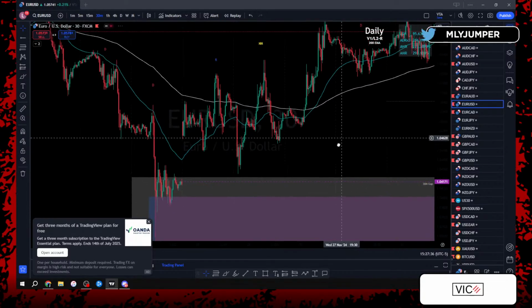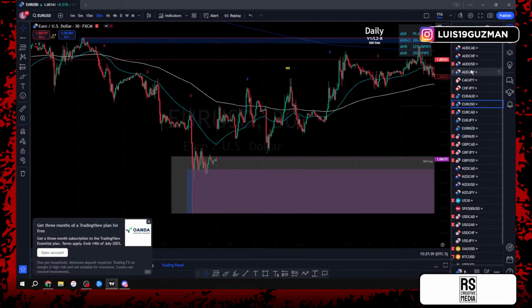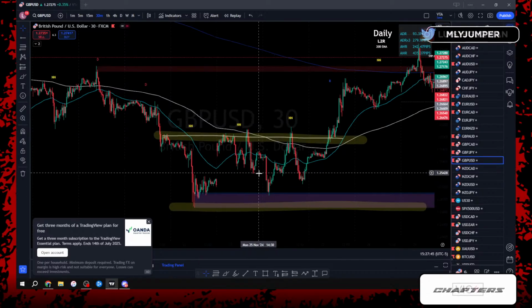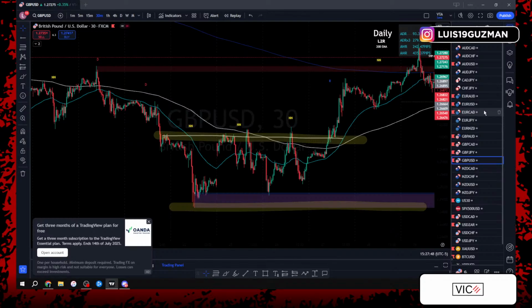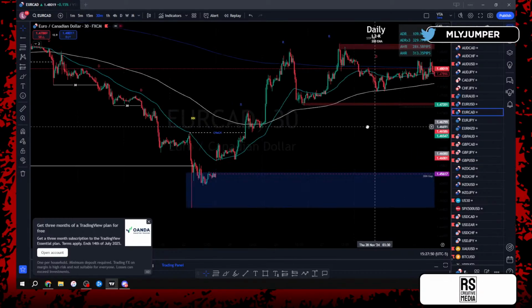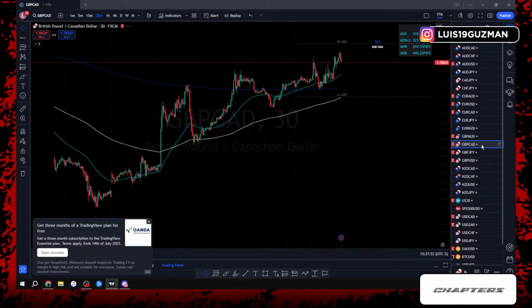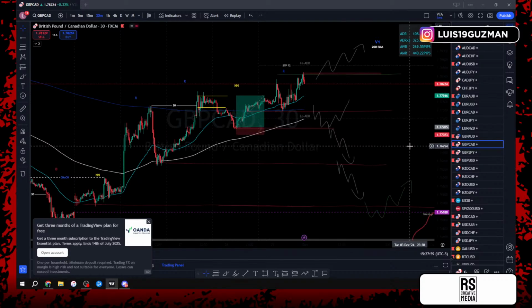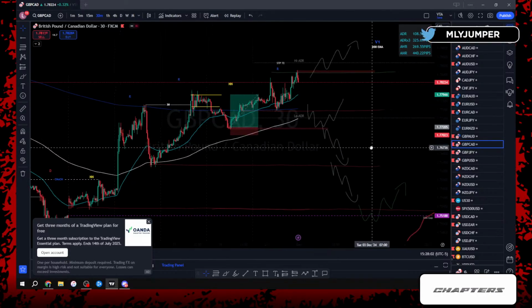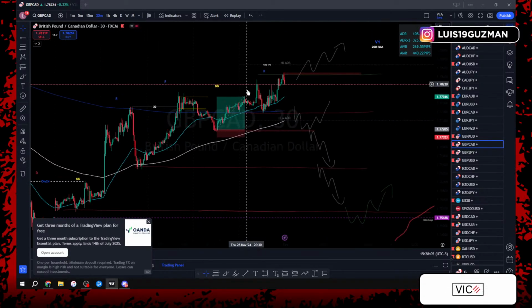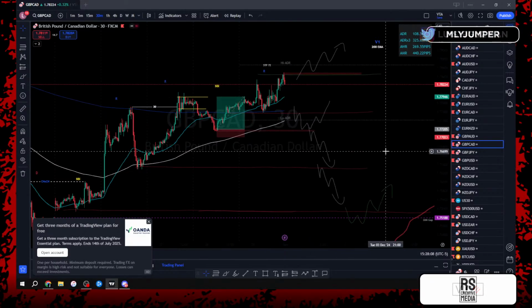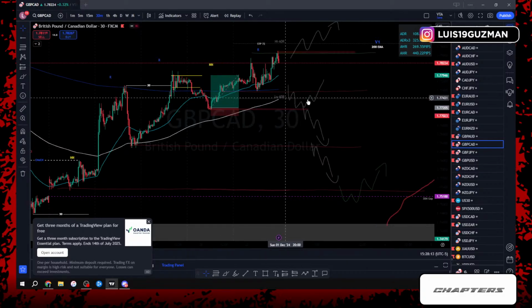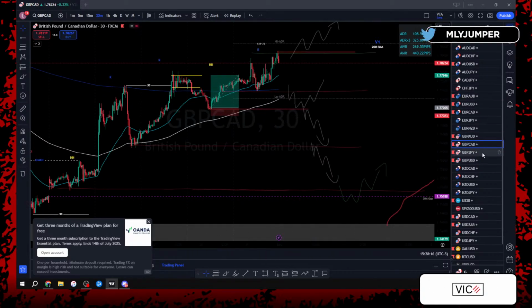Right, when EU came down, or it wasn't EU, but you can see that it was GU that filled. All it did for GU was fill the gap and then continue. So could we be expecting that same thing to happen on, I don't even remember what pair we were on, I lost myself, on GCAD? Could happen. So we'll keep these markings up on the chart. And then we'll go over this tomorrow, and we'll see exactly what it is that price is doing. But again, just want to be very cautious taking any of these trades on GCAD before we fill this gap. Again, very similar to the way AU was.